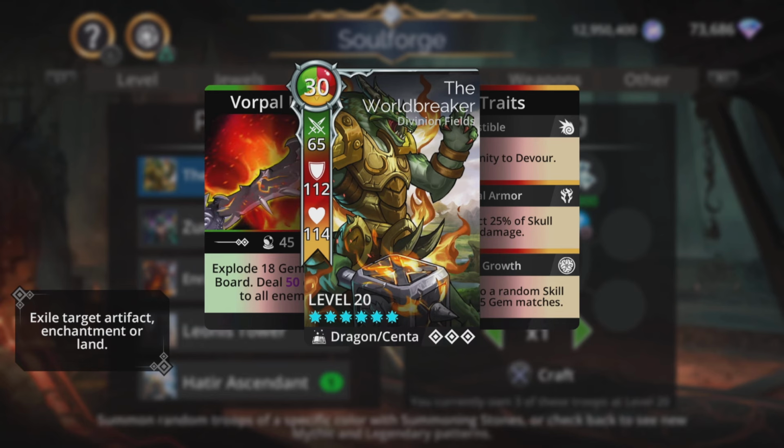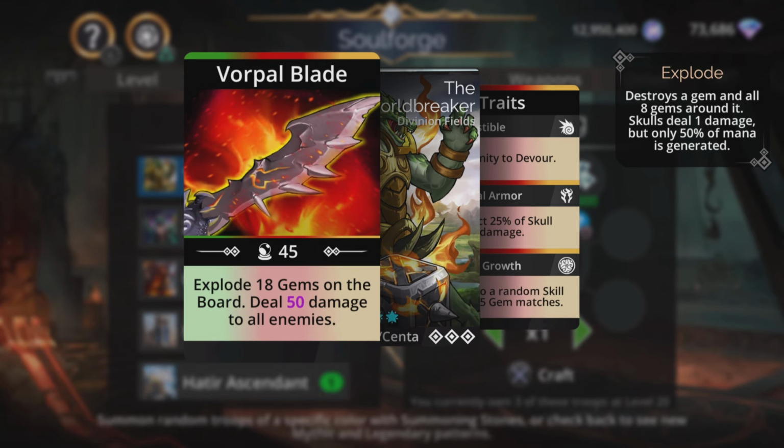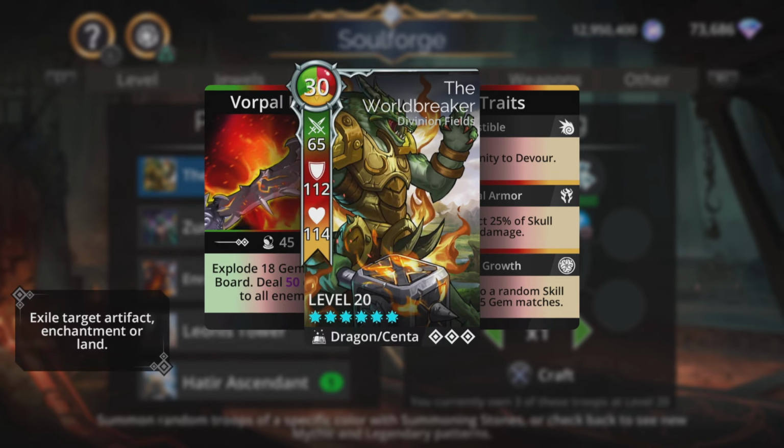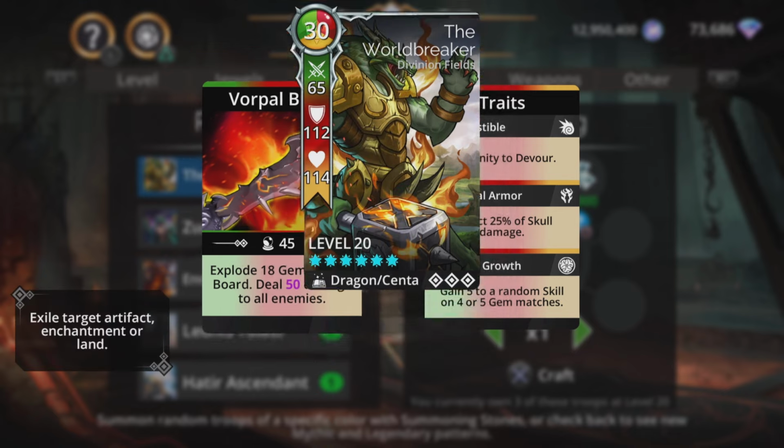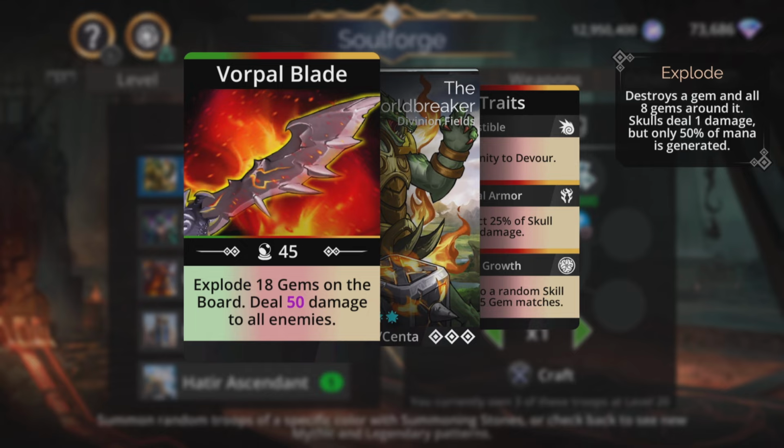We have the Worldbreaker. Explode 18 gems on the board, then deal magic-based damage to all enemies. The good thing about that is that exploding 18 gems is a set in stone amount, so even if you're a newer player, you are going to explode that amount of gems. A lot of these mythics are based on your magic level, so the more experienced player you are, the better it gets for you, which doesn't help newer players. The good thing about the Worldbreaker is it explodes that many gems, even if you've just started playing the game